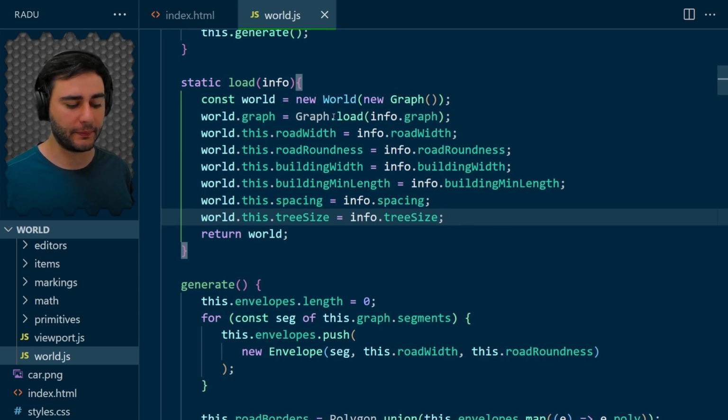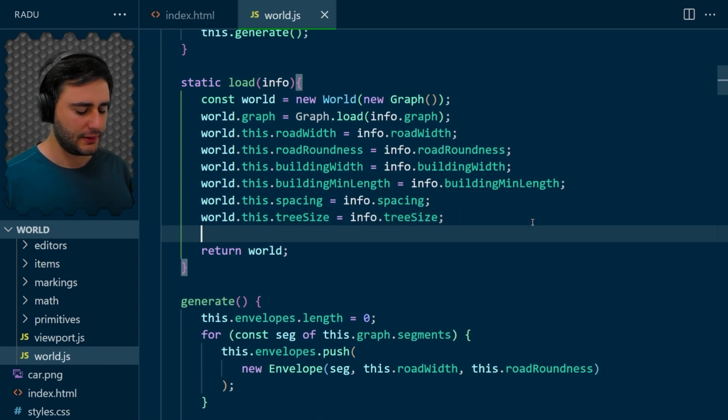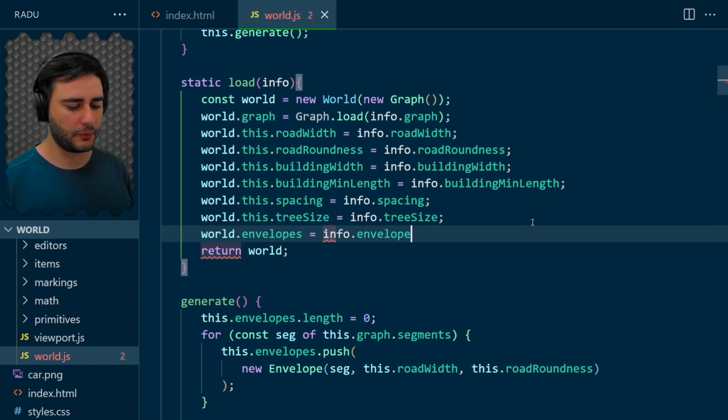We have to implement load methods for the envelopes as well and make them proper objects, not just raw information from this info here. So I'm going to say that the world envelopes are going to be coming from the info envelopes, which are just info, not actual envelopes, where we map them so that each element E is going to be